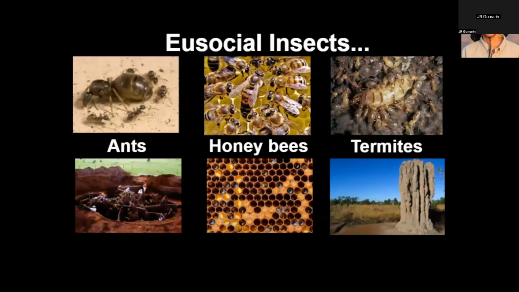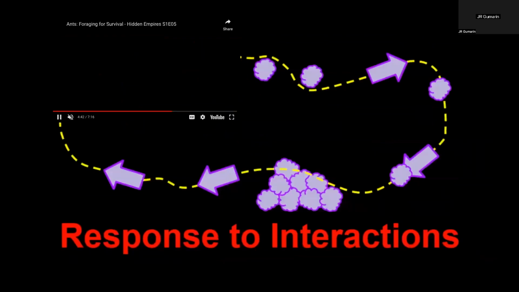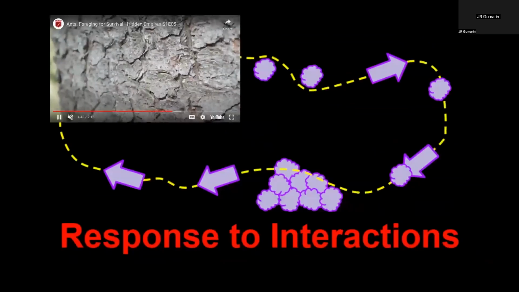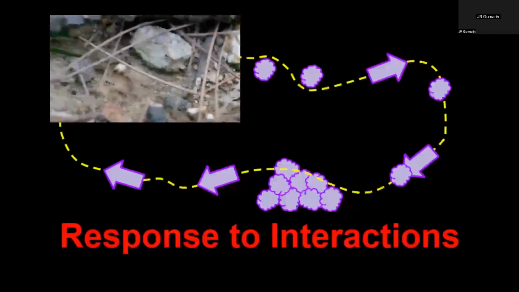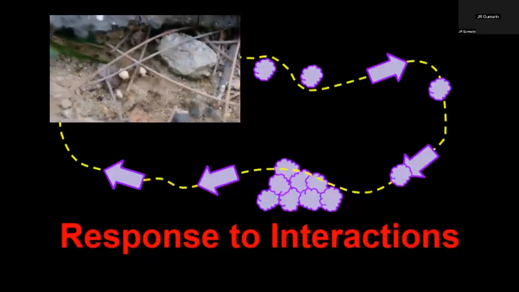They're eusocial insects, which means that they must live in communities in order to survive. They also have no leader. There's no top-down guidance happening. Everything that ants do is based on local interactions that they have with their environment, and with other ants that they encounter. In my project, I'm focusing on